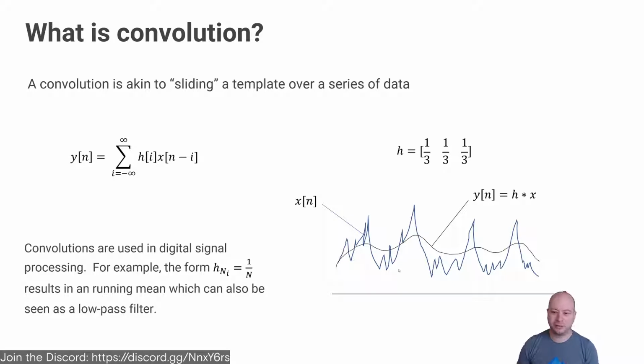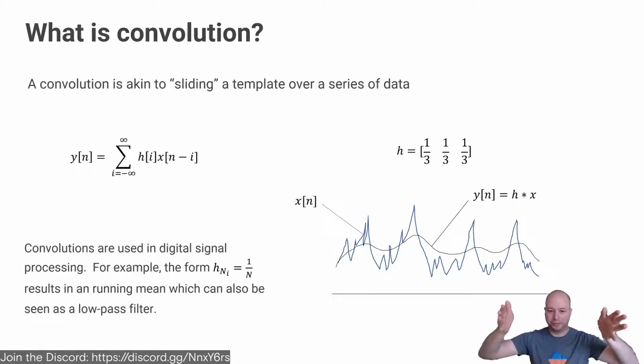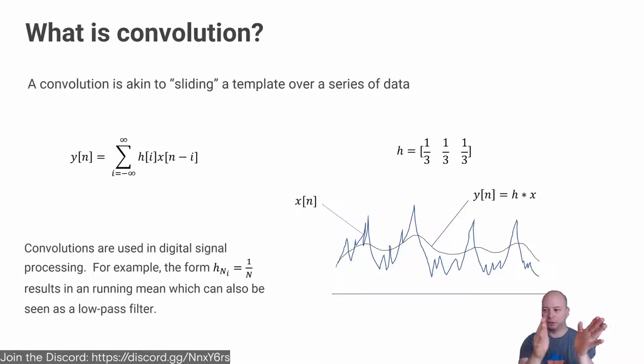So say you have a convolution vector of 1/3, 1/3, 1/3. What would be happening is you would take three consecutive values in x, multiplying each of those values component-wise by those values, and then summing them together. So it's almost like you're doing a dot product of the window of the input vector times the kernel. So it's almost like you're moving this kernel around across your